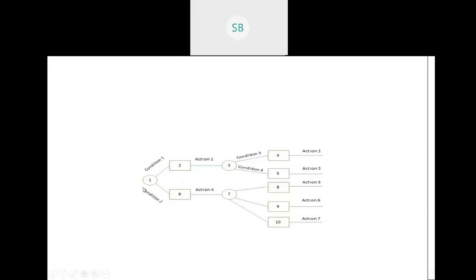This decision tree is actually also an algorithm in AI, that is artificial intelligence or machine learning, where lots of formulas are calculated. We have the entropy function, but we'll not go into that depth. For you people, remember this: if this condition, we have two actions. After this action, we can go for these conditions also. This action involves some conditions, condition 3, condition 4. So we have this tree. If you check this diagram properly, it looks like a tree. That is why it is called the decision tree.